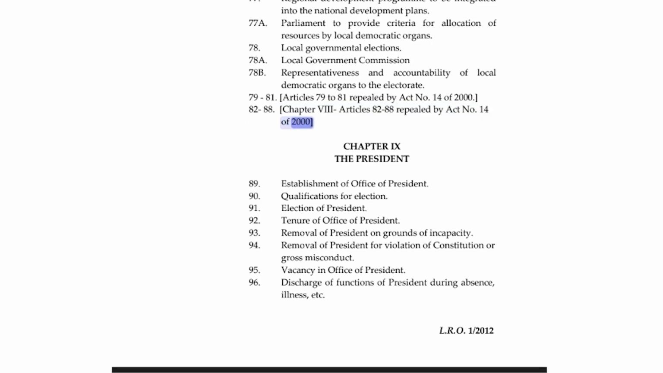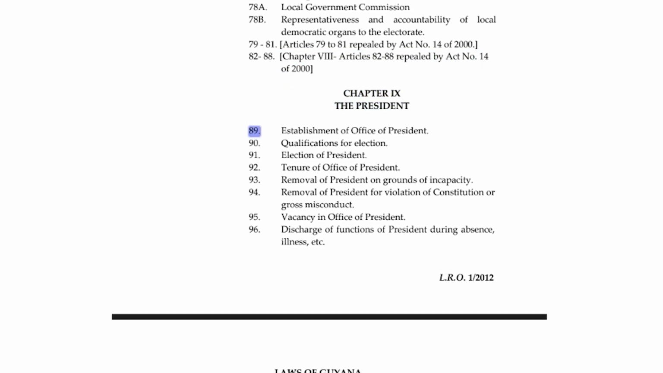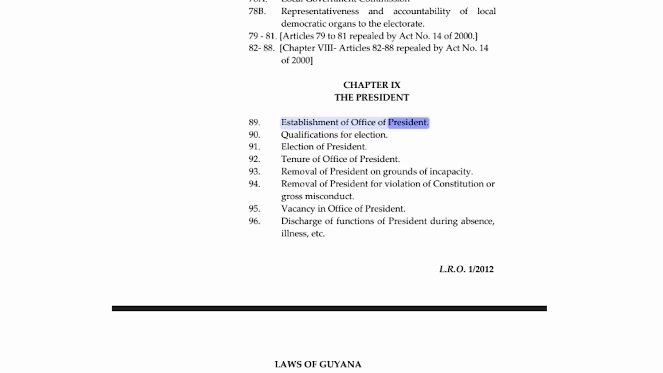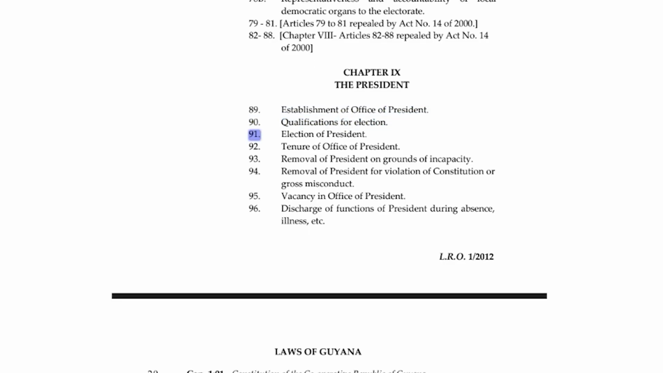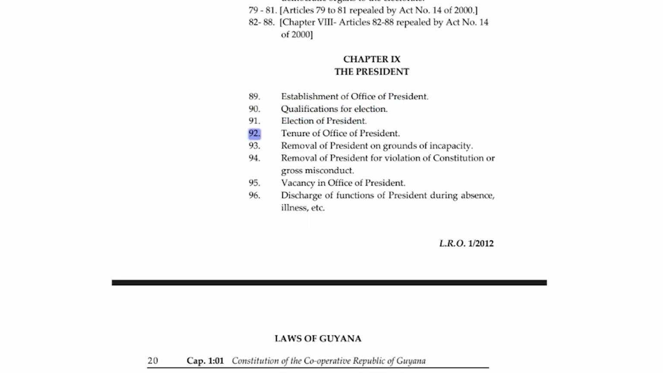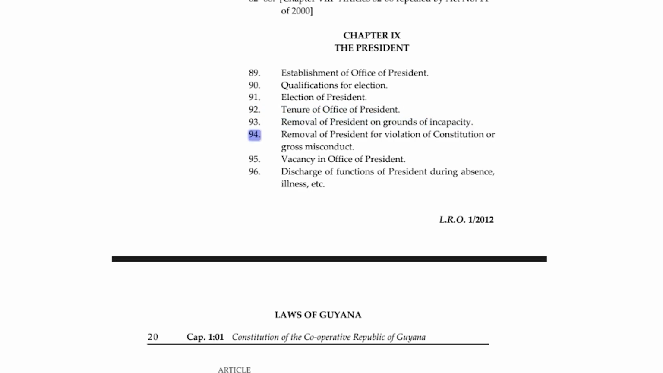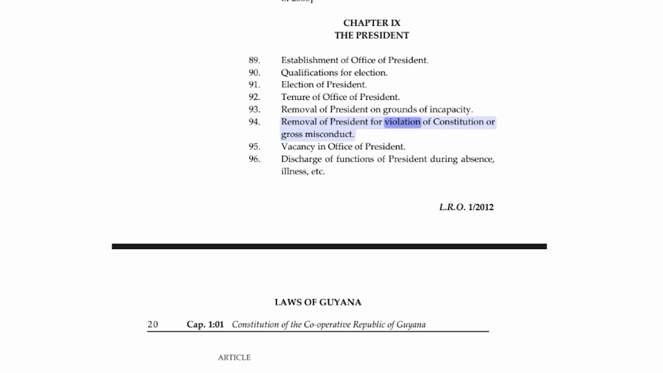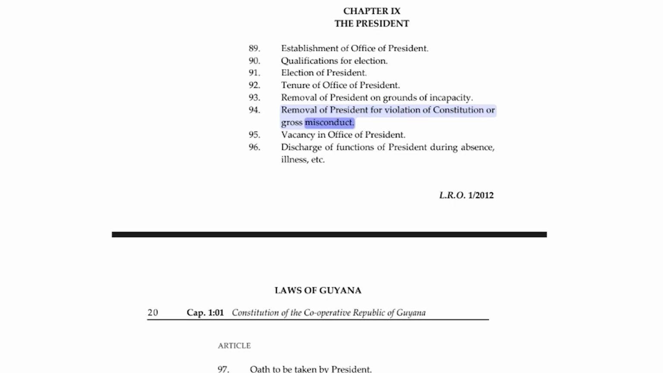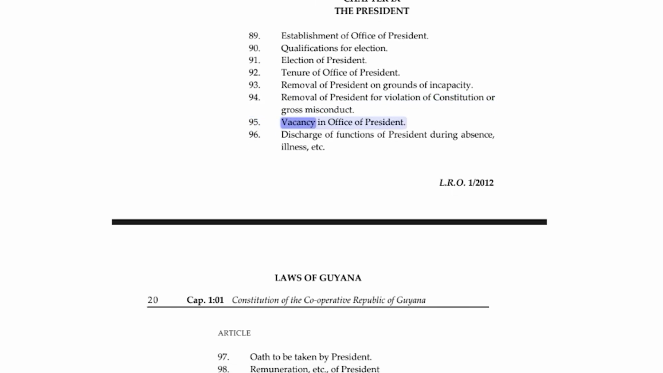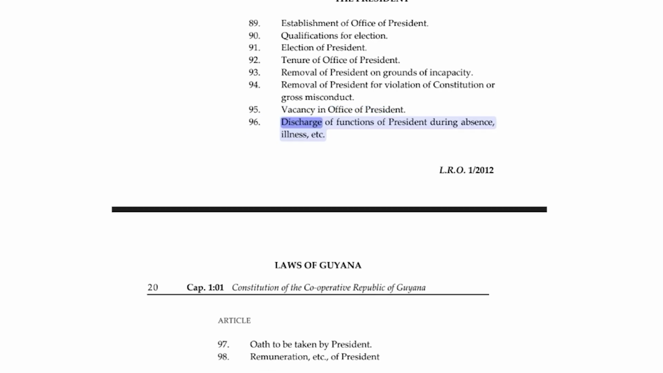Chapter 9, the President. 89, Establishment of Office of President. 90, Qualifications for Election. 91, Election of President. 92, Tenure of Office of President. 93, Removal of President on grounds of incapacity. 94, Removal of President for violation of Constitution or gross misconduct. 95, Vacancy in Office of President. 96, Discharge of functions of President during absence, illness,